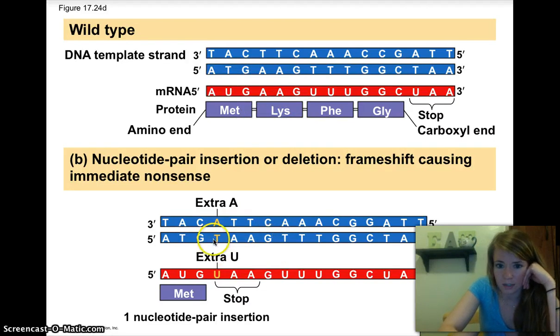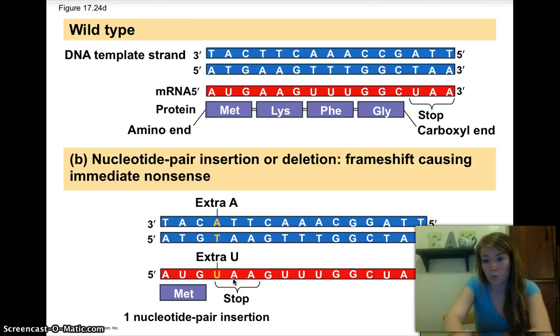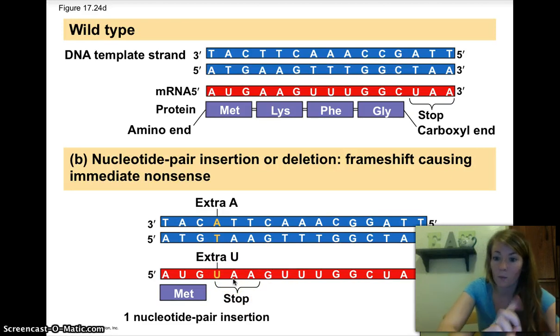So it doesn't know to not start right here. So it starts at UAA instead of simply reading AAG. And now UAA is a stop codon. So the protein doesn't get made. That's because of one base pair being thrown in there. So it has devastating effects. That causes immediate nonsense. Same thing would happen if we took out,